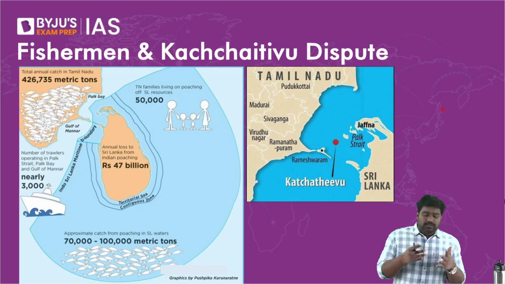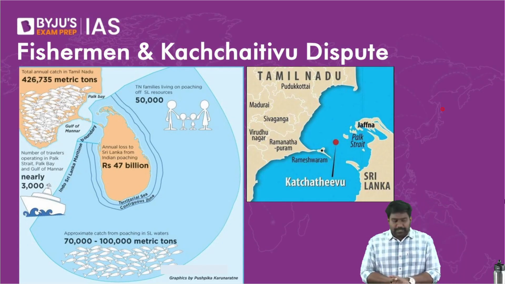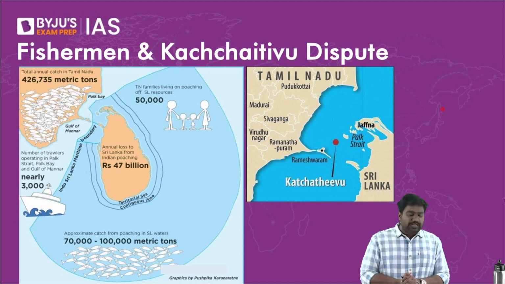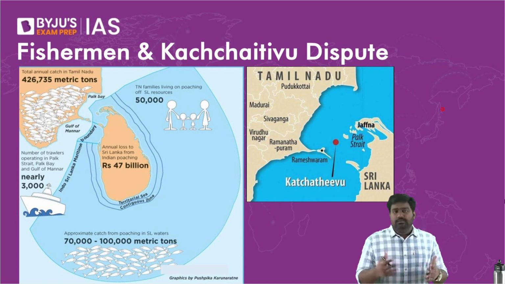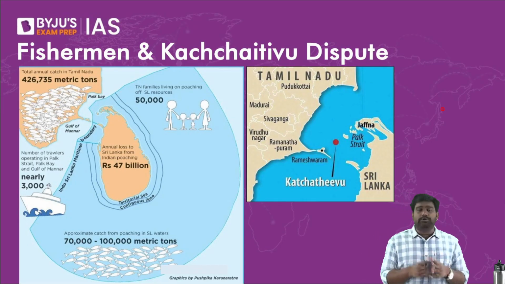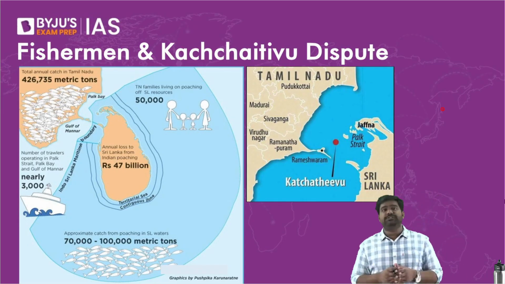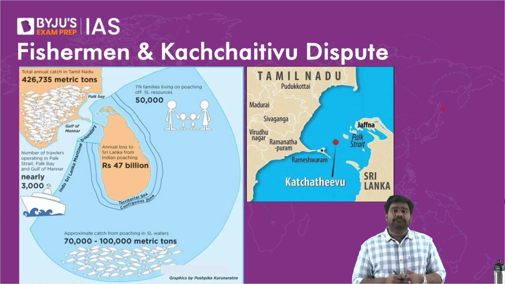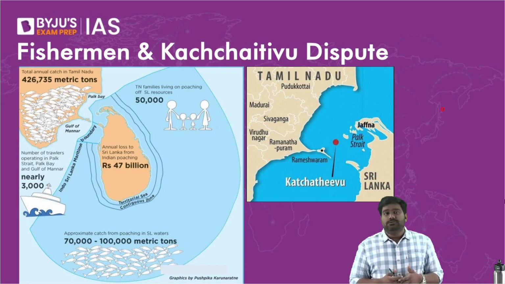All right. So this is where things stand as of today in India-Sri Lanka relations. It has been a very complex journey. It has seen a lot of ups and downs, but nevertheless, it's one of the most important Indian Ocean countries for us, right? As an immediate neighbor, it plays a critical role in protecting Indian interests, India's security and economic interests. So that is why India is so focused and interested in Sri Lanka.